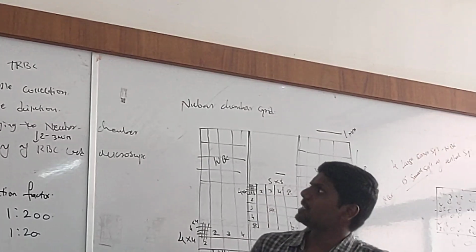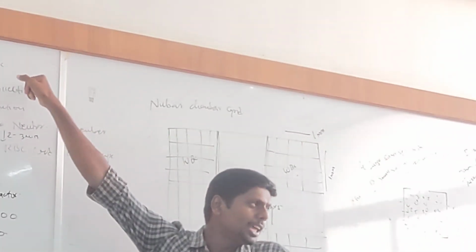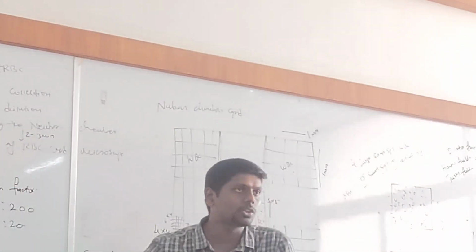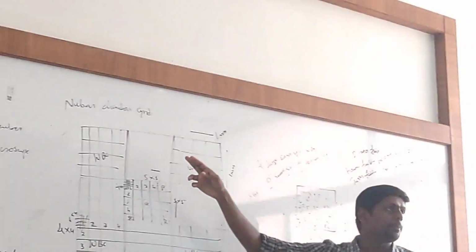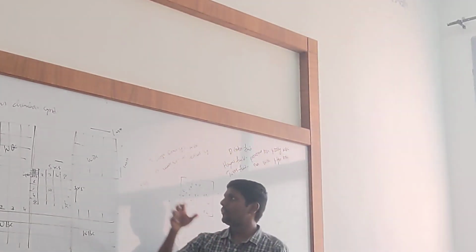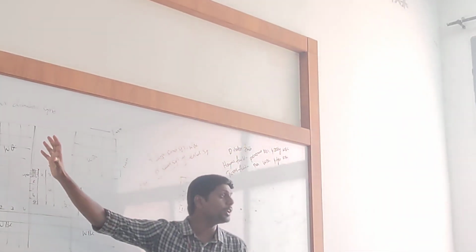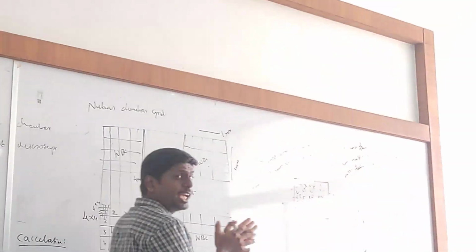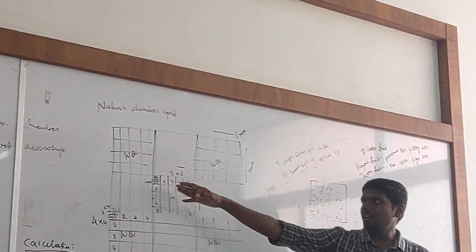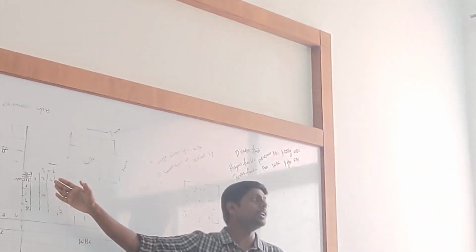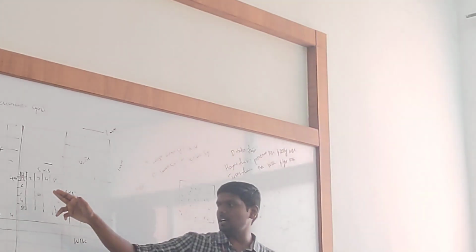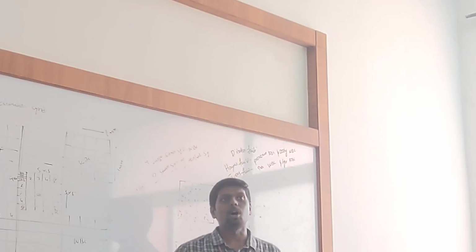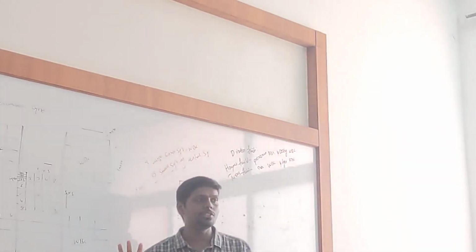Okay. Then I discussed the major steps in RBC count. You will collect the blood, dilute the sample, charge the Neubauer chamber and count it under the microscope. The Neubauer chamber has 9 large squares. The 4 corner large squares are used for counting white blood cells, whereas the central square is used for counting red blood cells. The central square is further divided into 5 by 5, and in the 4 corner small squares and the central small square of the central square, we count the red blood cells.